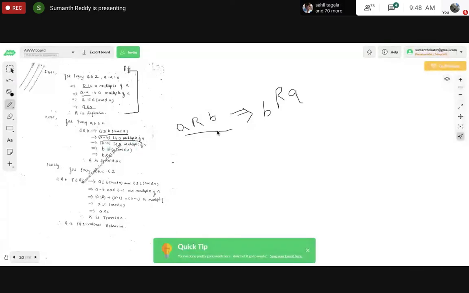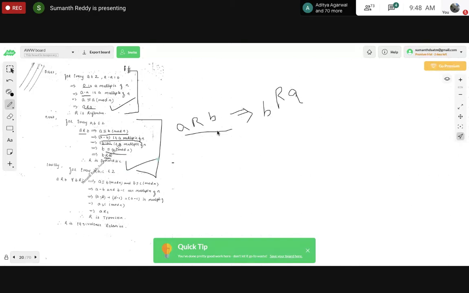Okay. So based on this, I will just rewrite this as per the definition of congruent modulo. If B minus A is a multiple of n, then B is congruent to A mod n, right? And I will just convert this into relation. So here B is related to A. In this problem, I have started with the assumption A related to B, and the conclusion that I have got is B related to A, and that is what is a symmetric property, right? So based on this proof, I can conclude that the congruent modulo is reflexive, and also it is symmetric.